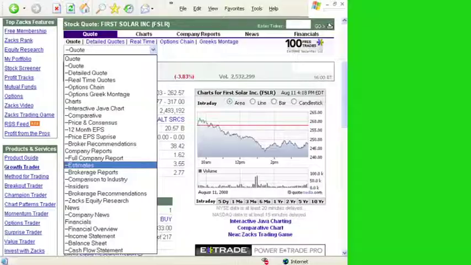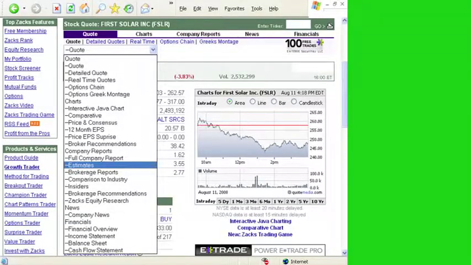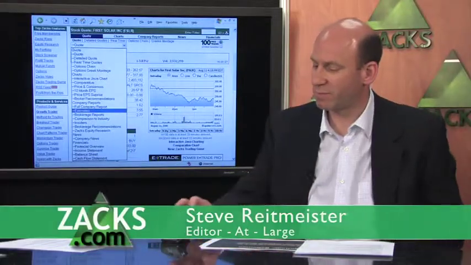All right, so do us a favor, show us some examples of what both good and bad magnitude looks like. Again, because it's such an intangible, it's better if we could visualize this so our viewers can spot some similar attributes. First, we have to make sure everyone knows how to get to the estimates page to see that for their stock. Go to any quote page on Zacks.com. You're going to see a drop-down menu. You click on that and you have all these different options to choose from. Click on estimates, highlighted in blue. That will take you to the estimates page.